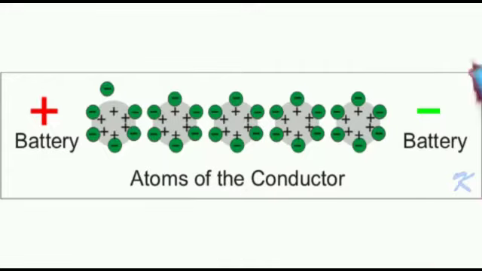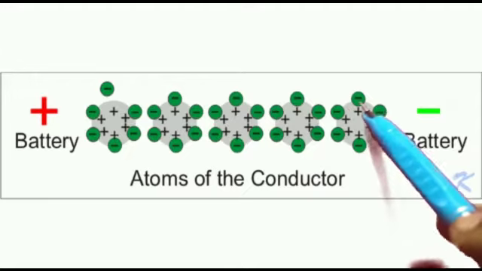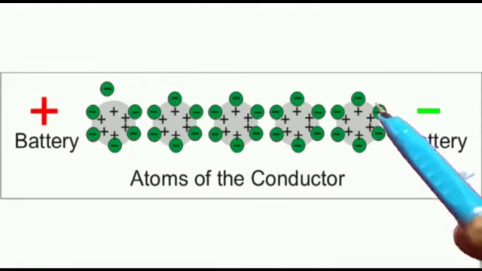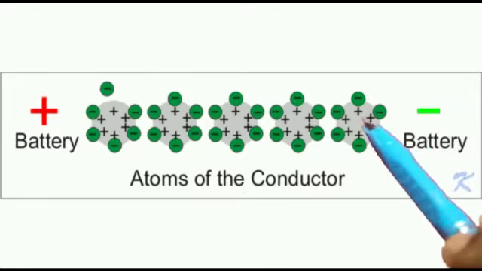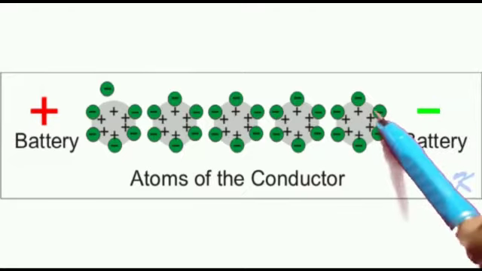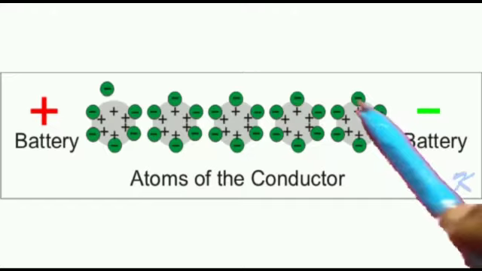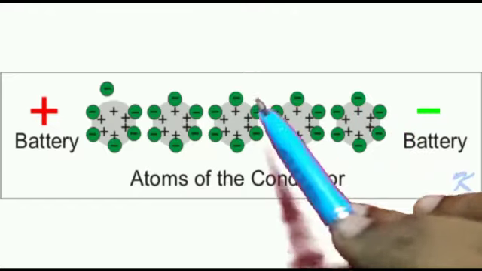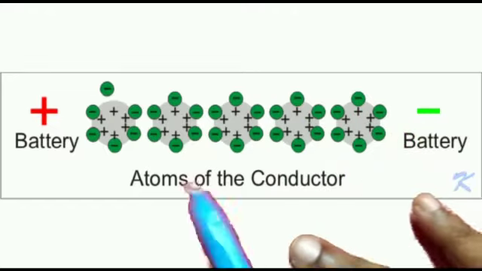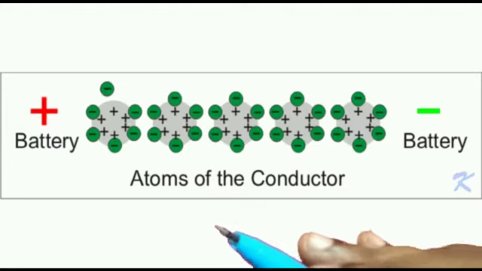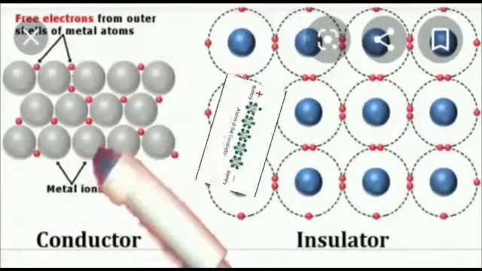So when an electron leaves an atom, it creates a void, which can be filled by an electron forced out of its orbit from another atom. As these free electrons move from one atom to another, an electron flow is produced. So this electron flow is the basis of electricity.